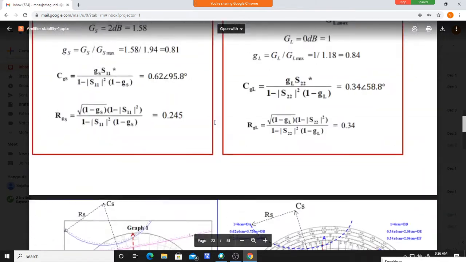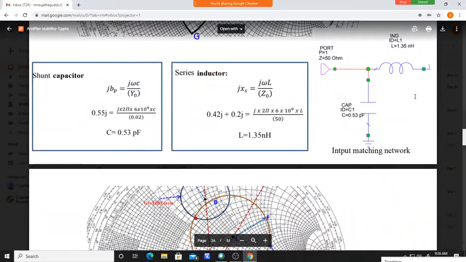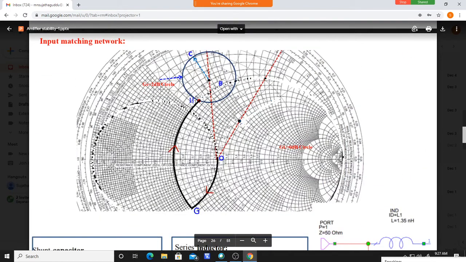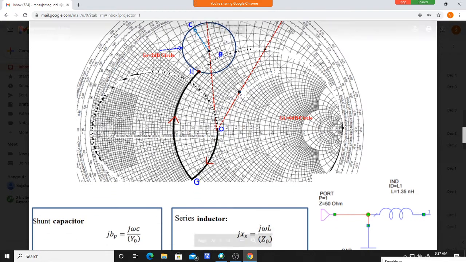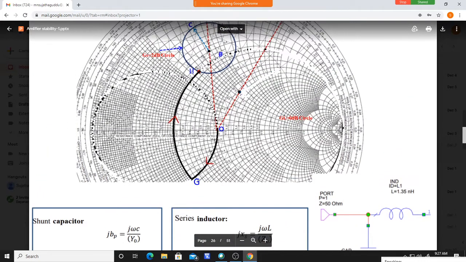To change it, you should design the impedance matching network. Looking in this direction, this is the input matching network. What is the impedance needed? This is the impedance needed here. After drawing the gain circle, you should choose one value. I have taken this. Looking towards the source, this is the source here, 50 ohm here. You should design this matching network. By adding this capacitor and inductor, looking in this direction, it should be this value.